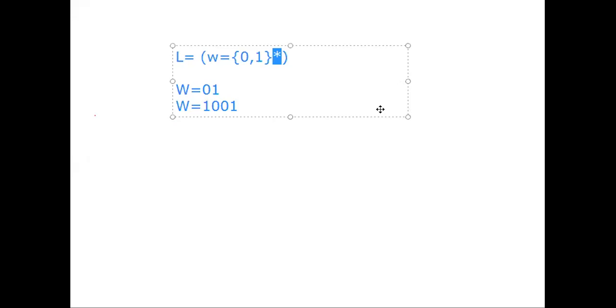Clear? So star is very important. If I'm not using star, it means only one alphabet. If I'm using star, it means any alphabet and any number of times. That is what your language is.